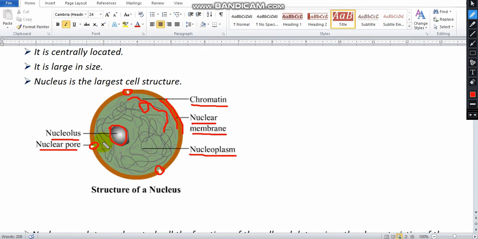It allows the transfer of materials. So this nuclear pore is allowing the transfer of materials between nucleoplasm and cytoplasm. In the cell, the fluid is called cytoplasm, and in the nucleus, the fluid is called nucleoplasm. So the cytoplasm will transmit some information from outside, and the nucleoplasm also transfers some information from inside. This transfer of materials or information continues with the help of these nuclear pores.